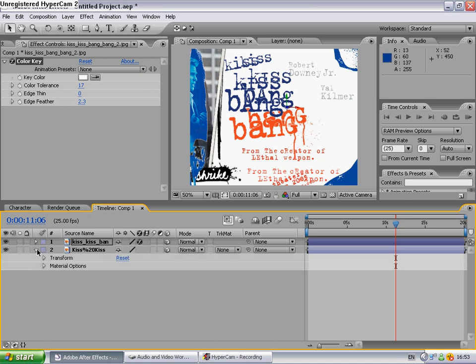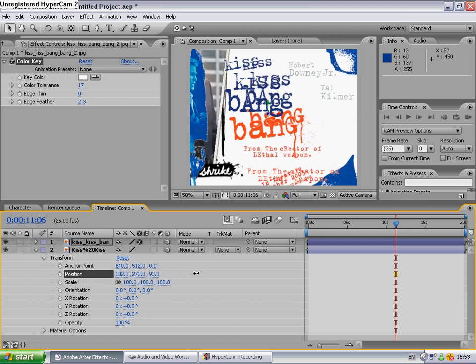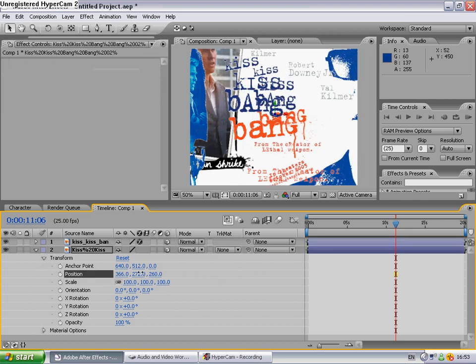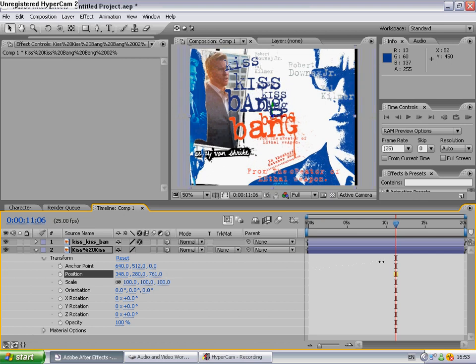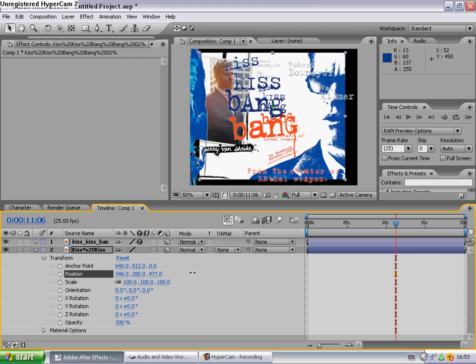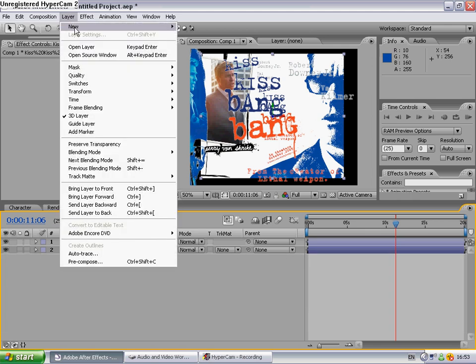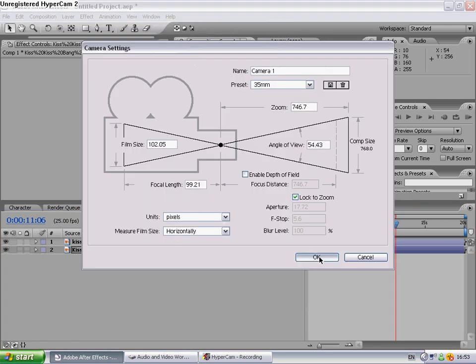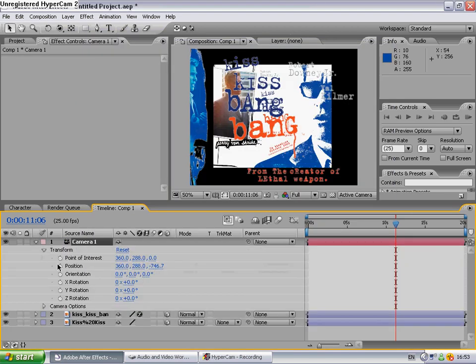So if we take the background, transform, we can actually push this back in space. Obviously that's your X left and right, that's your Y up and down, but this is now the Z axis. So if we push that back to about 1000, we've now added a bit of space between the foreground and the background. This allows us to add a new layer, camera layer, and by using keyframes we can say